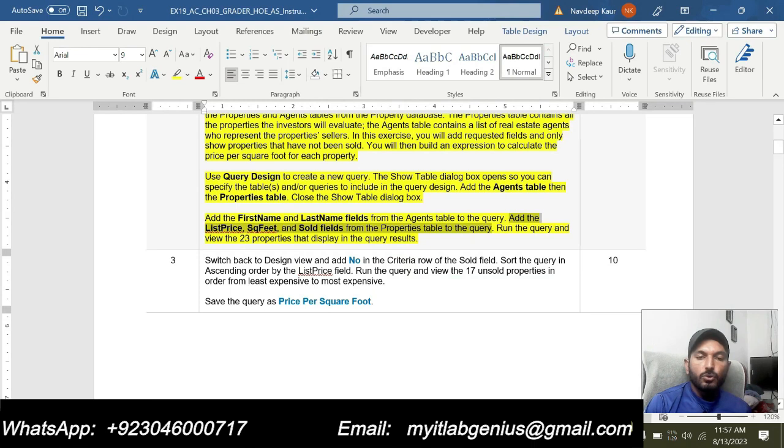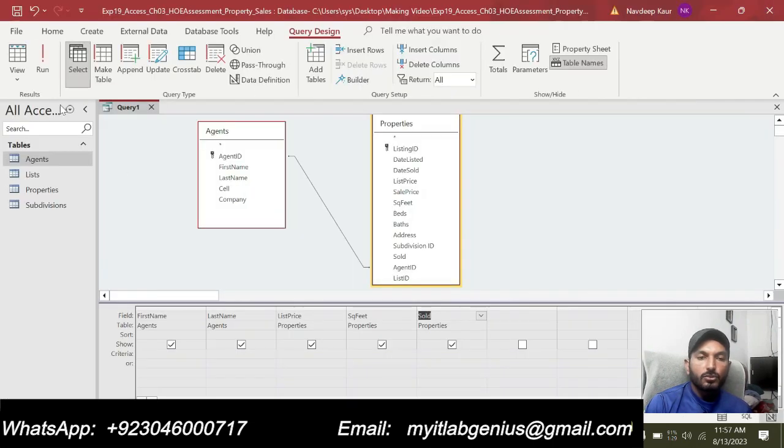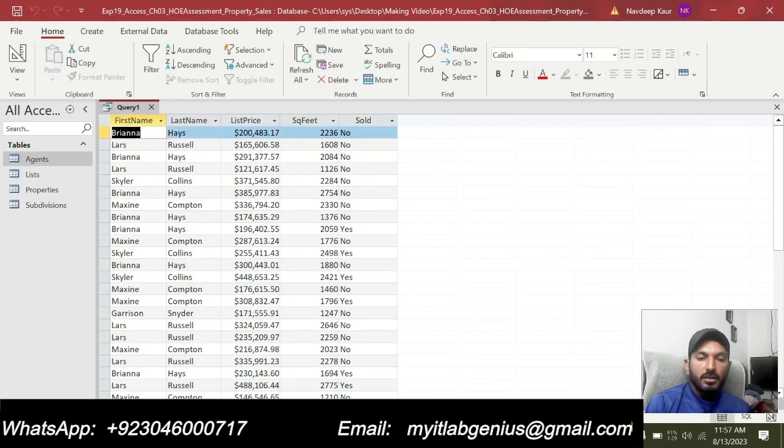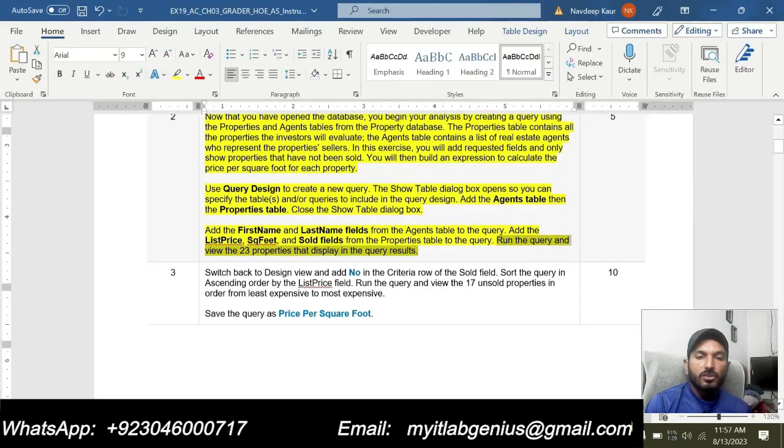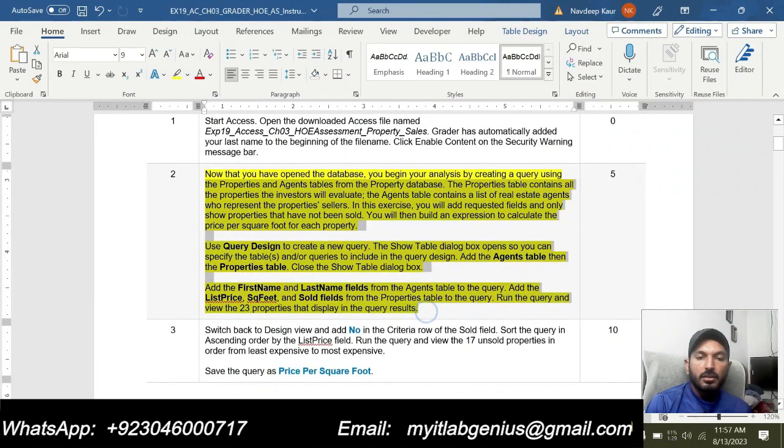Run the query and view the 23 properties that display in the query result. So we will run this and you can see that we have 23 properties in the result. That is all required in step number 2.